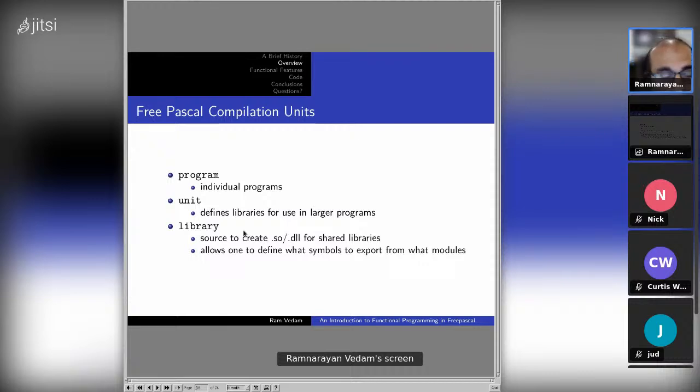So if you want to create libraries or subroutines that want to be used across different programs, you would create a unit of compilation, and you would then use the uses keyword to actually go and use that particular module. Even today, all Free Pascal units, from what I can tell, are statically compiled. So these units, these modules will get parsed as part of a single pass strategy, and it will ultimately end up getting statically linked and create a single executable.